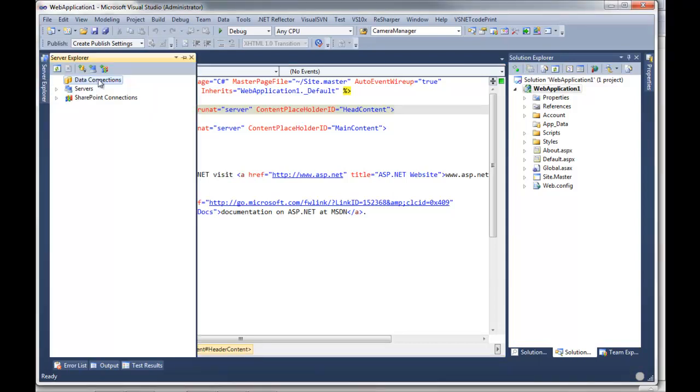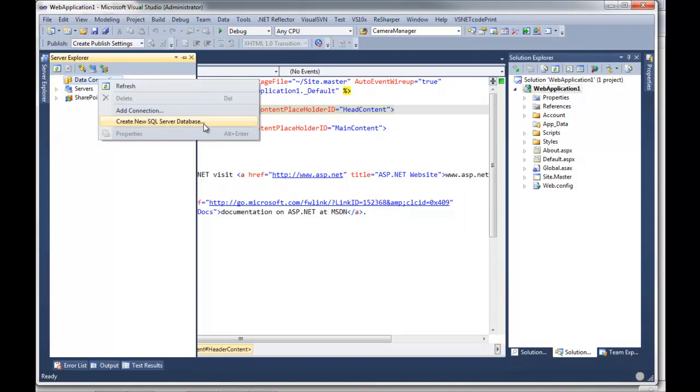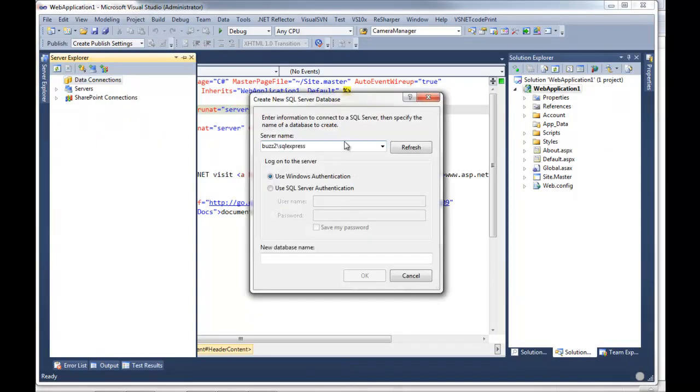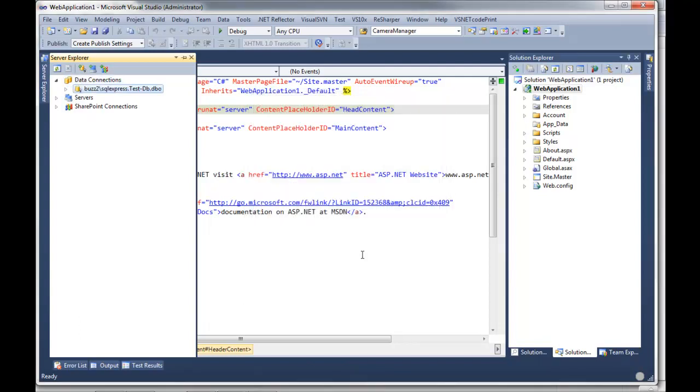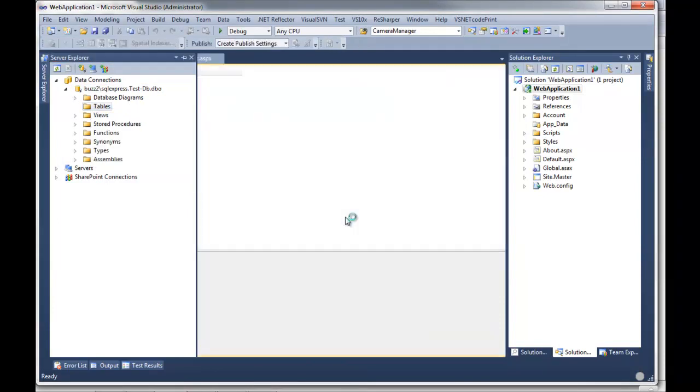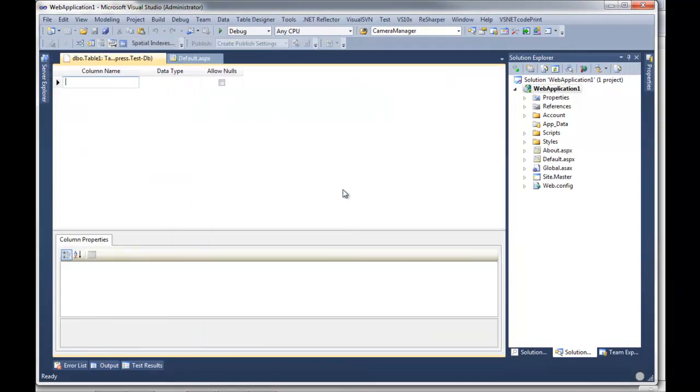So let's go ahead and put it in right and make a database. I'm going to paste that in: computer name slash SQL instance. The default SQL instance for MS SQL Express will be SQLEXPRESS. And then just use Windows authentication and create the database. So now we have a database. So let's go ahead and create a table. And again, this isn't going to be really into MS SQL.